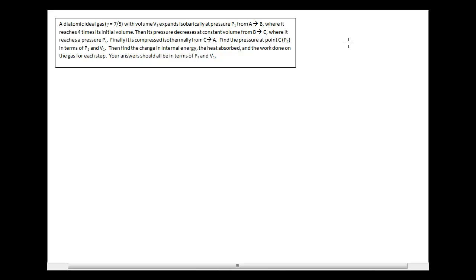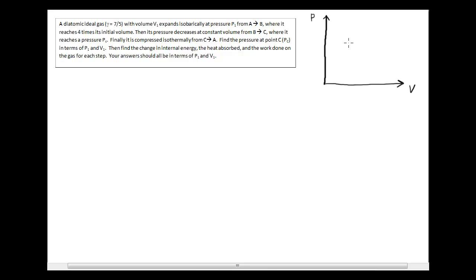I'd like to work out a rather detailed homework problem which takes an ideal gas around a complete closed thermodynamic cycle, where the gas begins at one point on a PV diagram and then goes around a cyclic process and ends up right where it started. Part of the practice that helps us in solving problems like this is taking the given information, especially when it's just given to us in words, and illustrating the process on the pressure volume diagram, labeling it appropriately